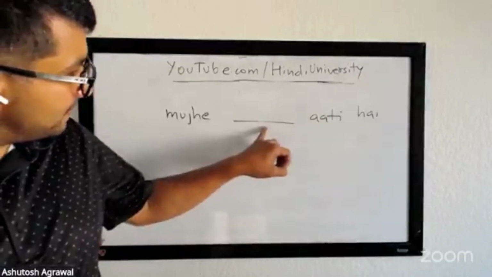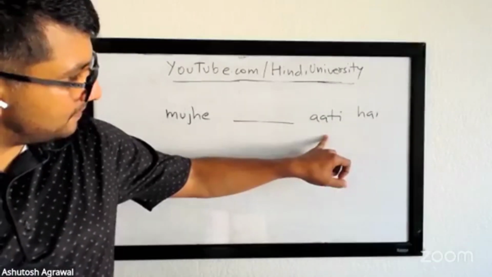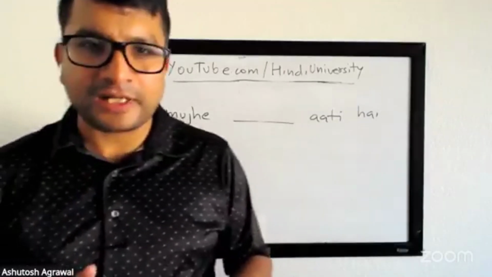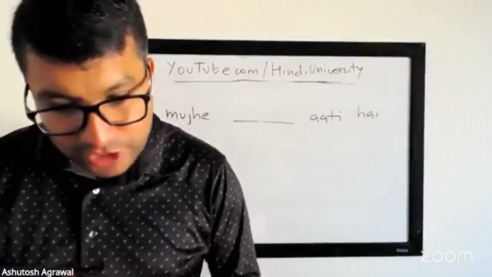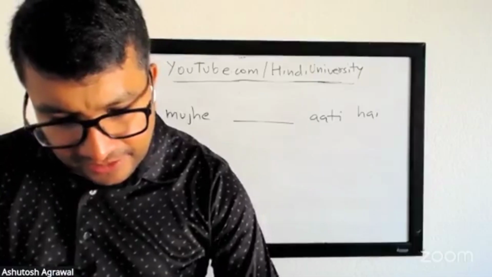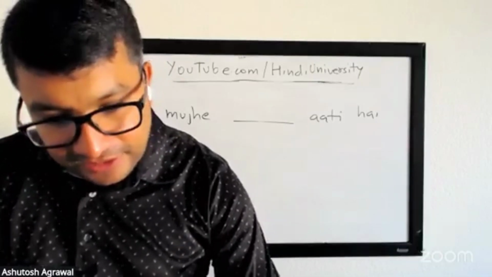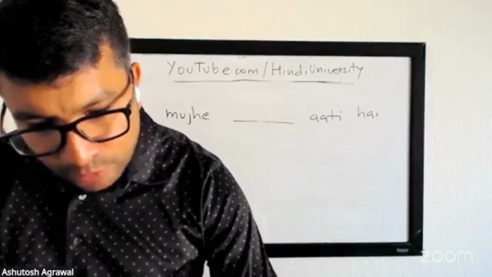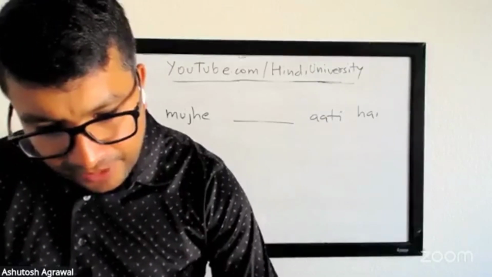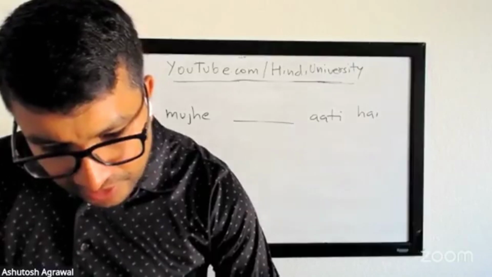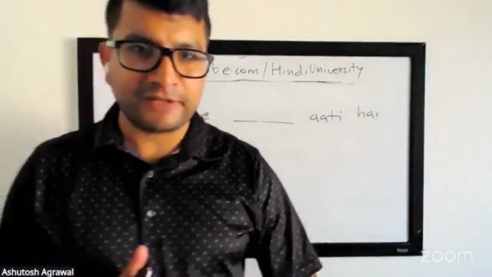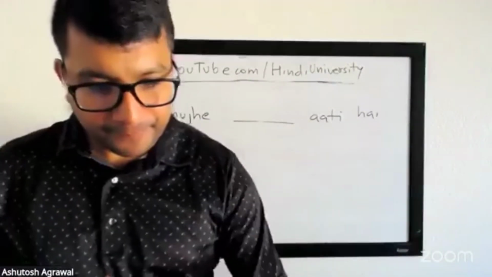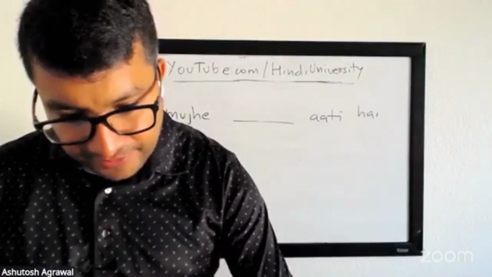मुझे चलना आता है. Okay. मुझे नाचना आता है. Somebody said. Marwa ji said, मुझे खाना बनाना आता है. Beautiful. Sanjay ji and Meeta ji, मुझे फुटबॉल खेलना आता है. And then there was one more. मुझे पतंग उड़ाना आता है. Very good. To fly a kite is पतंग उड़ाना. मुझे पतंग उड़ाना आता है.